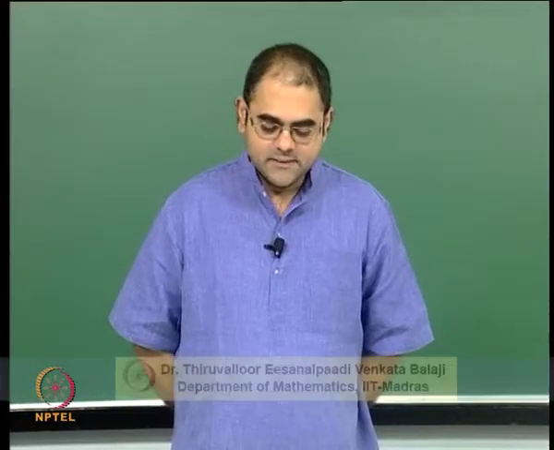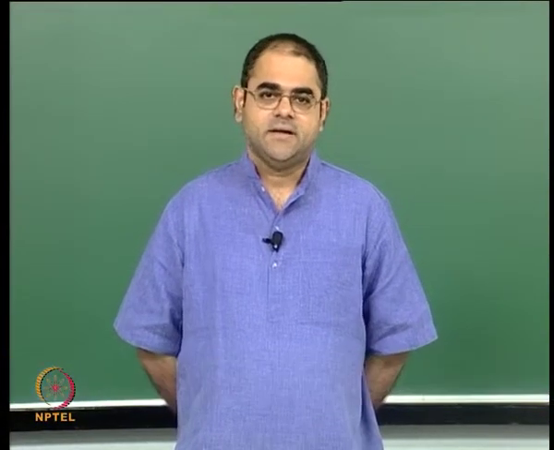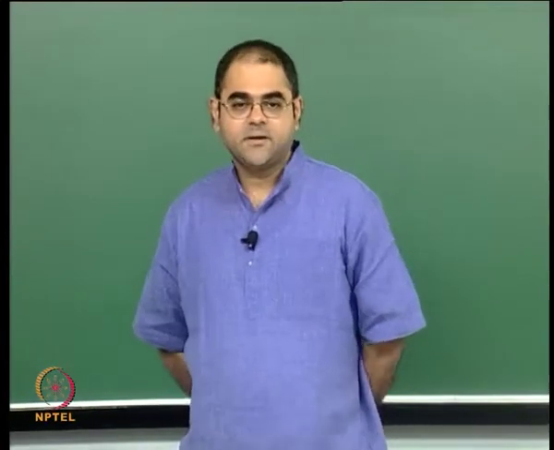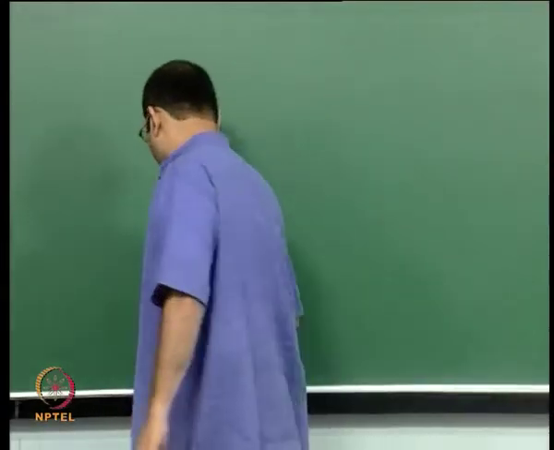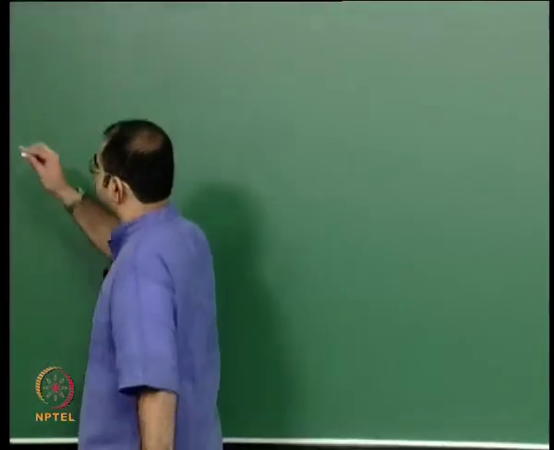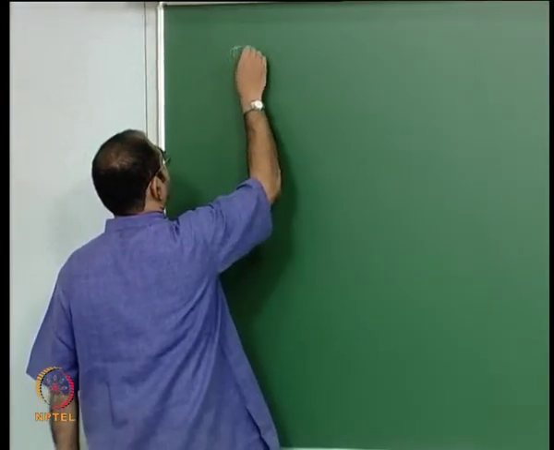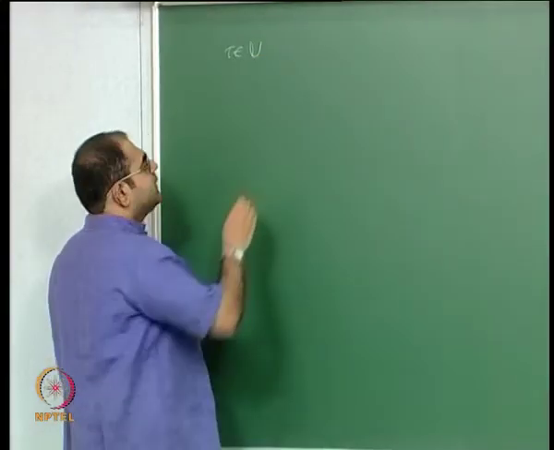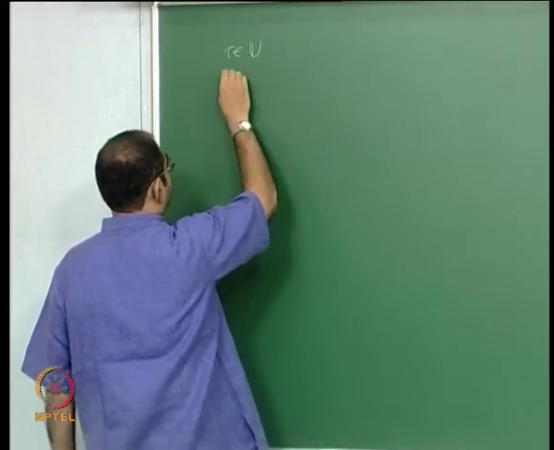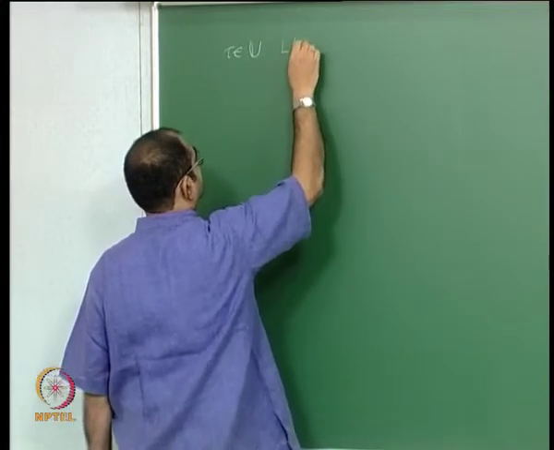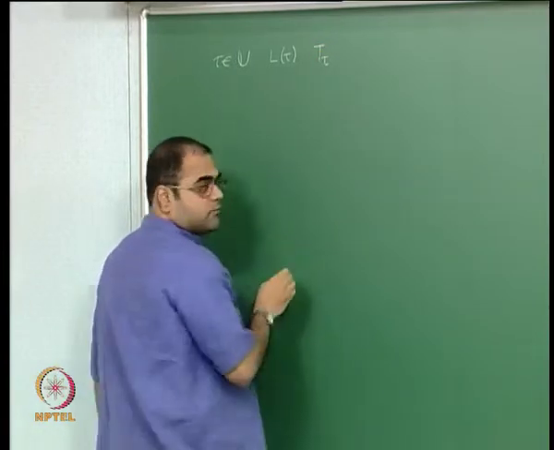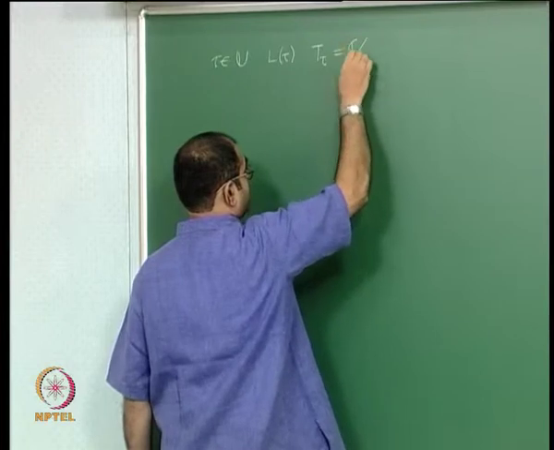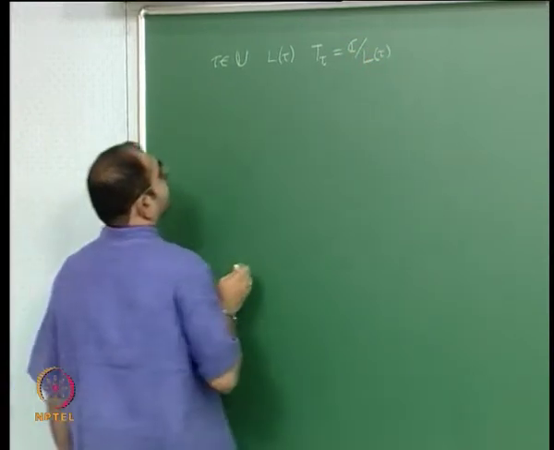Alright, so let me recall, we are trying to show that every complex torus is actually an algebraic elliptic curve. So let me continue with what I was doing in the previous lecture. If you recall, we started with tau in the upper half plane, and then of course we had the lattice L of tau, and we also had the torus T sub tau, which is just the complex plane modulo this lattice, and associated